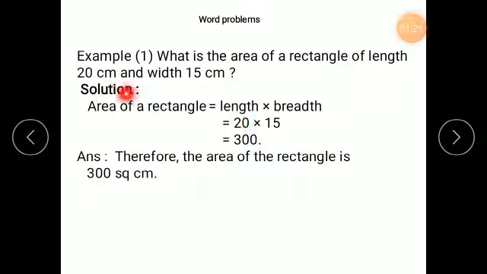See, all those things, that is length and breadth, are in centimeter. That's why its area will also be in the centimeter. But since it's area, it is square centimeter. So area is always measured in squares. If it is squares of centimeter, then it is square centimeter. If it is squares of meter, then it is square meters. Now see, it is the squares of centimeter, hence it is square centimeter.